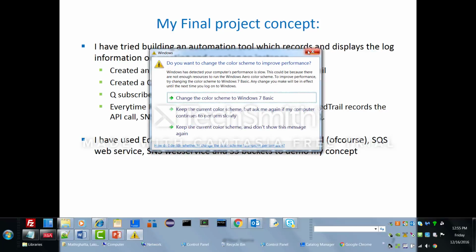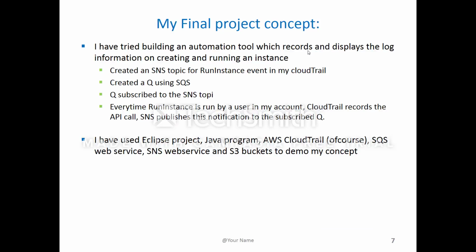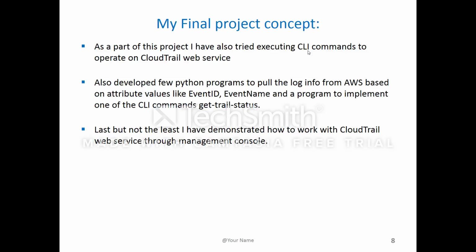Every time someone creates an instance or runs an instance, the CloudTrail records the API call, and SNS publishes this notification to the subscribed queue. I've used an Eclipse project, a Java program, the CloudTrail service, of course SQS and SNS web services, and the S3 buckets to complete my project. As a part of this project, I've also tried executing CLI commands to operate on CloudTrail